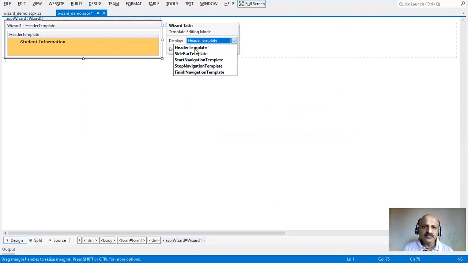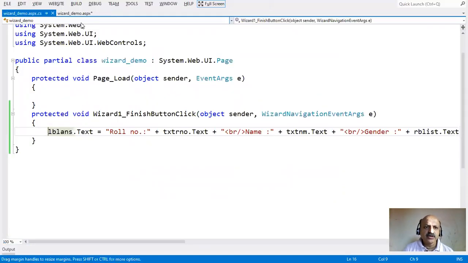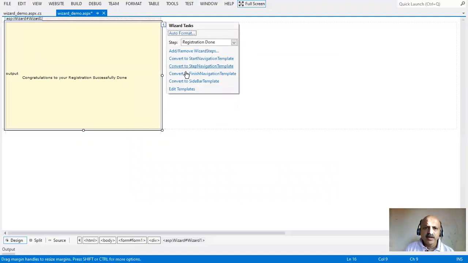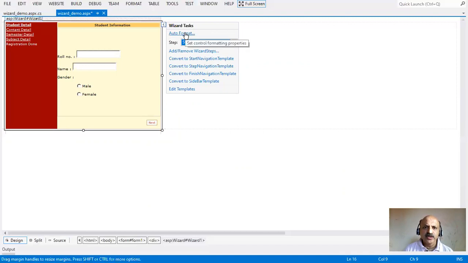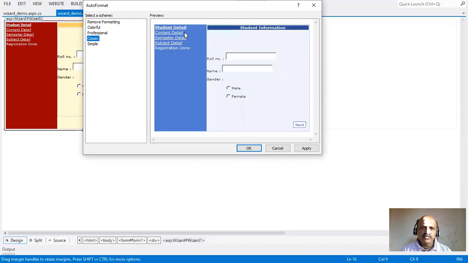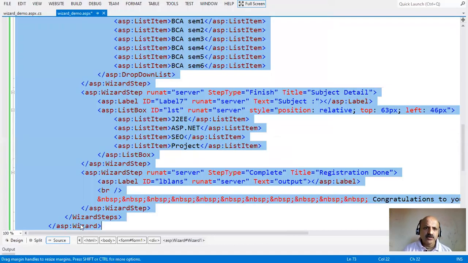So okay, I just close, and there is editing items as well. And lastly, in the finish button we have to apply our coding and go to any step, and also use auto format. Okay, I set the first step, number 0, active index 0, and here we can change our colorful scheme to something new, that is Blue Classical. Okay, and just apply. So according to all, you can see here